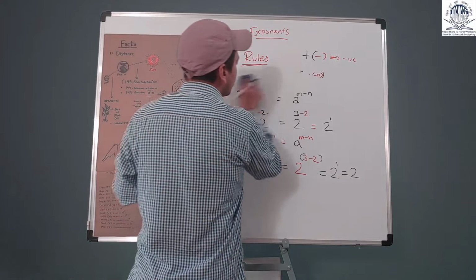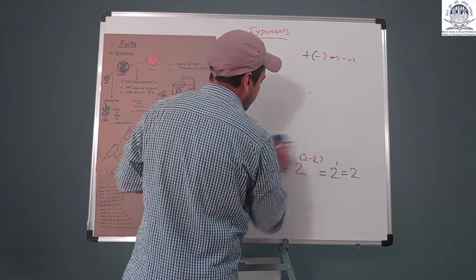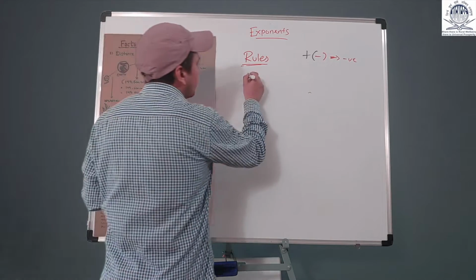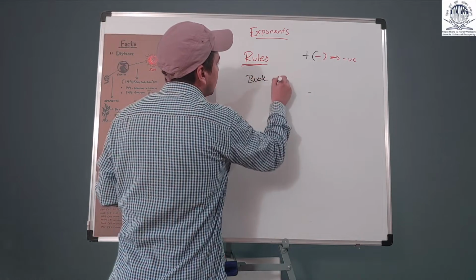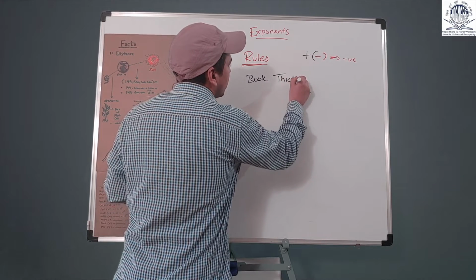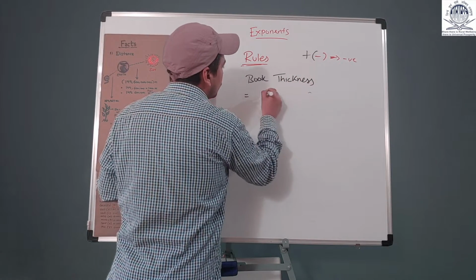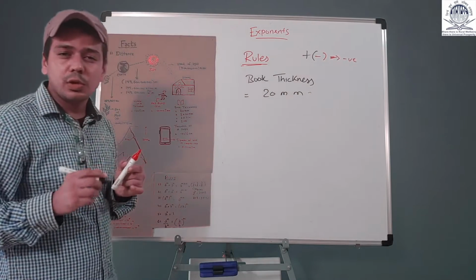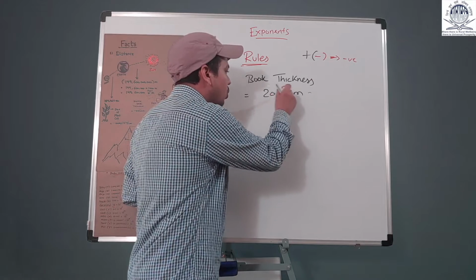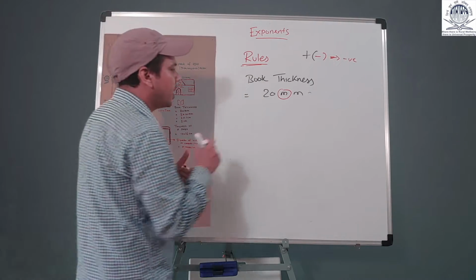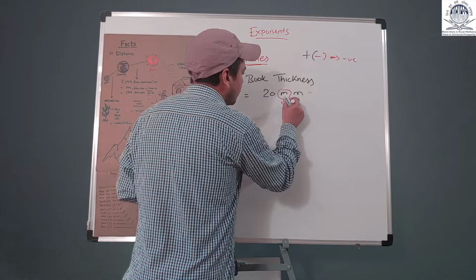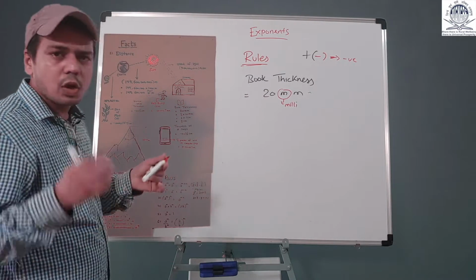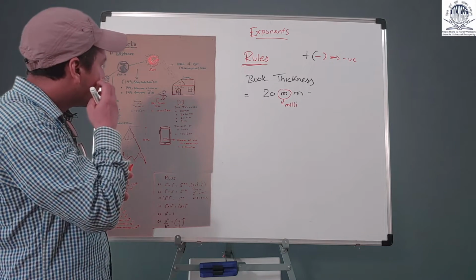Let's see. So I'll make some space over here, and I will write, let's say, my book thickness is equal to 20 mm. Now as we know, the first m signifies what? Exactly, the first m signifies milli over here. So probably there are multiple ways of solving, but what I can do over here is